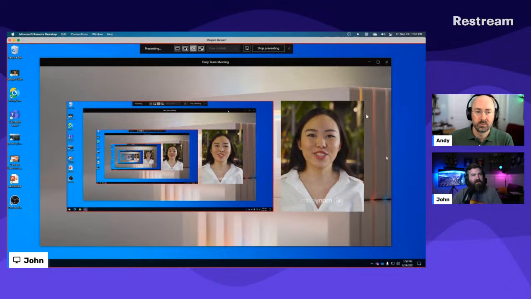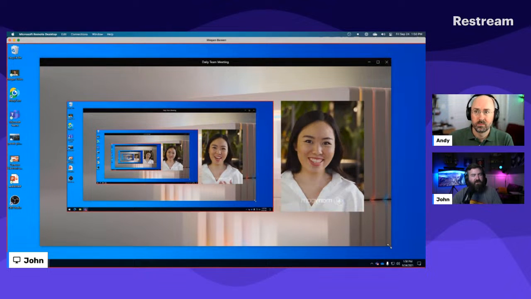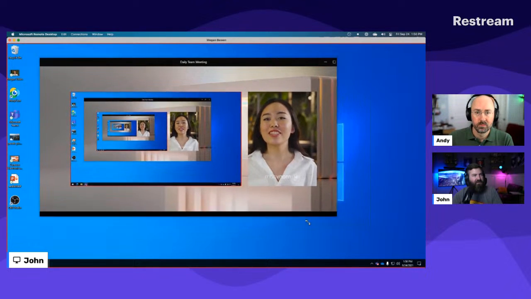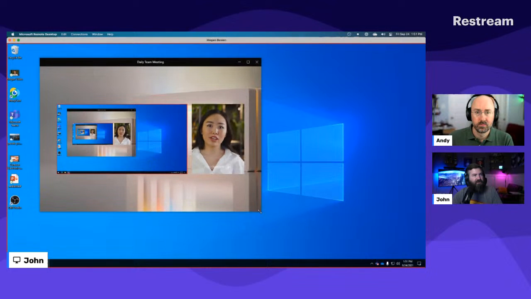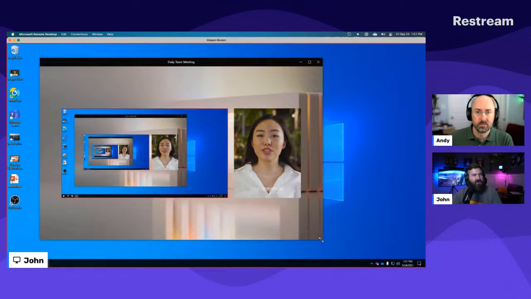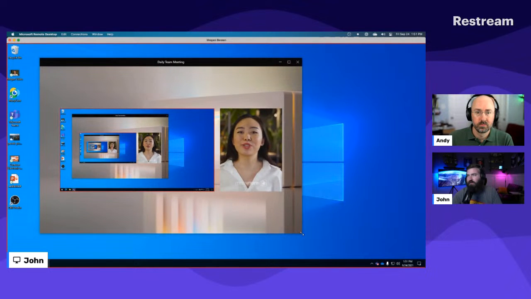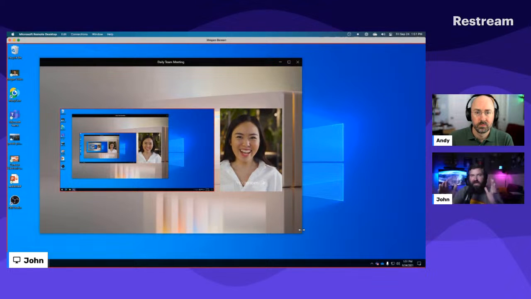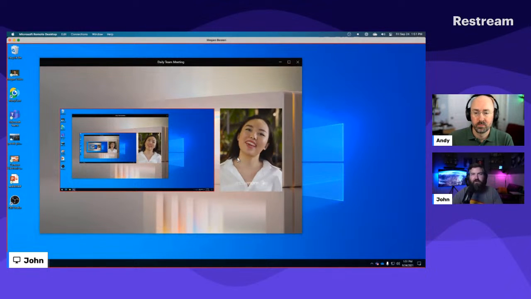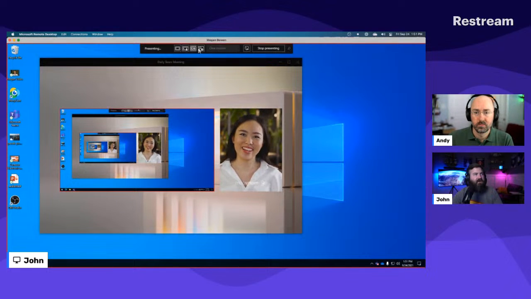And what's nice about this is as you resize this window, you see the aspect ratio changes and see how she's resizing dynamically. This is way better than what you can do in OBS or another app where you are cropping yourself and you've locked in that scene. This is a little more flexible so that you don't end up in a weird situation where you're cropped out on somebody's monitor.